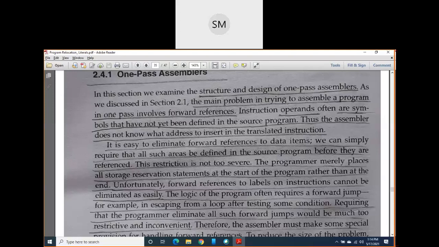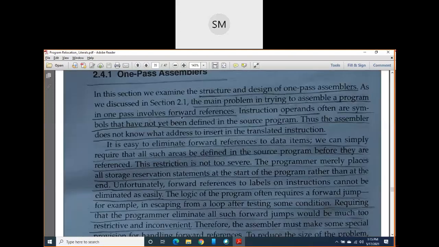In pass 1 they had a problem of forward reference. If the programmer eliminates these forward references, then the assembler does not need two passes. The assembler needs only one pass to convert the assembly level program to a low level program.